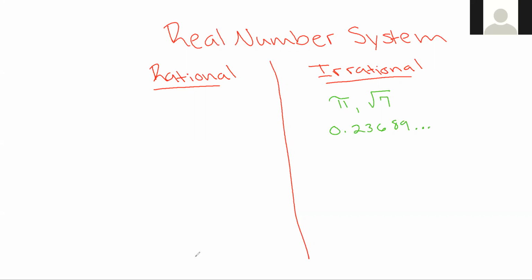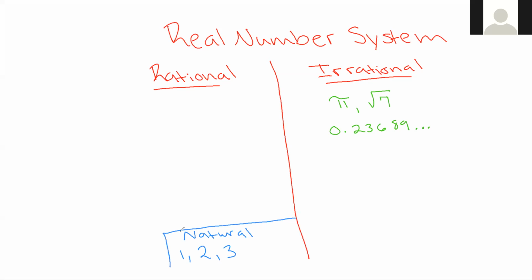So all the way at the bottom, we have our natural numbers. Remember, natural numbers are numbers how you normally count. So if I asked you to count to 3, you would just say 1, 2, 3. That's how you naturally count. So these are our natural numbers. As we move up